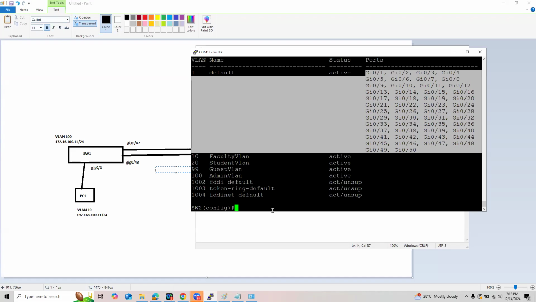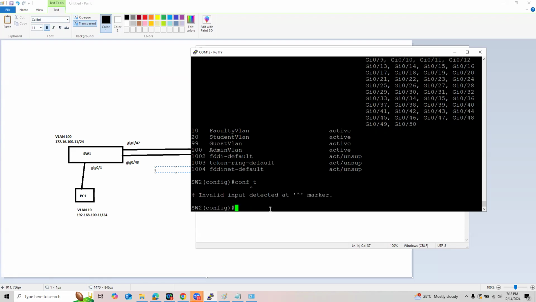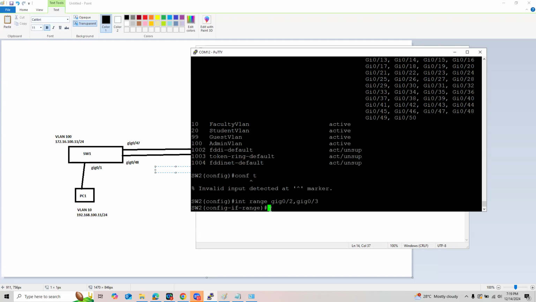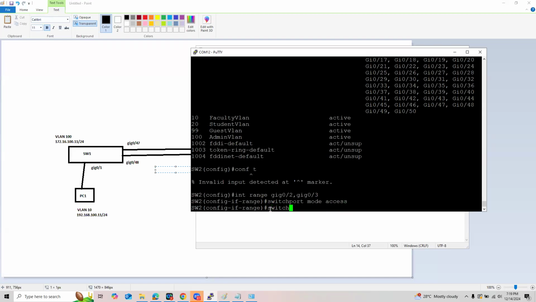All right. Let us make some assumptions here. Let us say we are going to assign certain ports, like gigabit 0/2, gigabit 0/3, to be part of what? First of all, switchport, we're going to make it an access port, then switchport access VLAN 10.